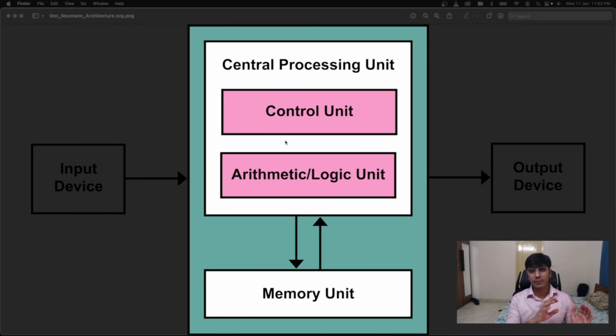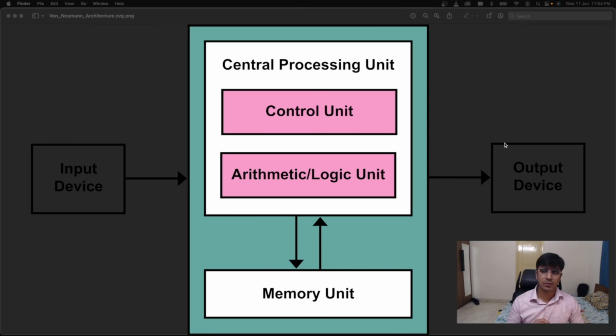Now you have taken some input from the user. You may need to store it somewhere, and this is where the memory unit comes into place. As you might know, we have memory in our computer devices. We call it RAM. So the memory unit represents RAM and it stores the data that is under processing. And in the end we have the output unit.